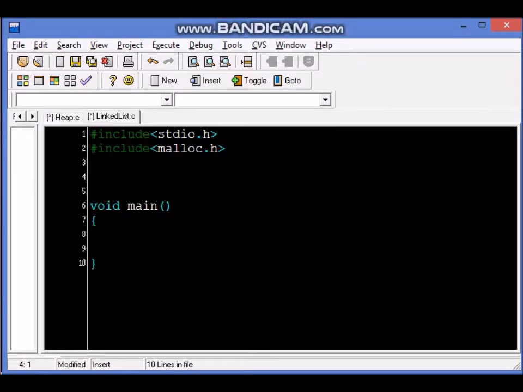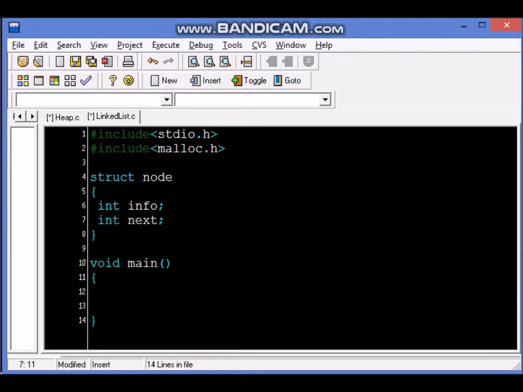So today we will code the linked list, and we have made a file called linkedlist.c. I have typed in two hash include lines. This time there's one more, malloc.h, and let us start coding this. We need to declare a struct and the struct node, and between these two we need to declare the two things which are there in every linked list node, the info and the pointer to the next.